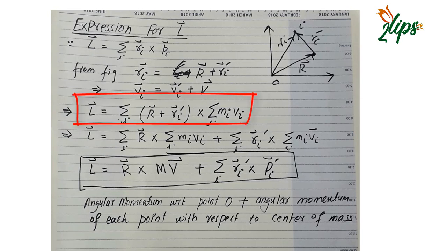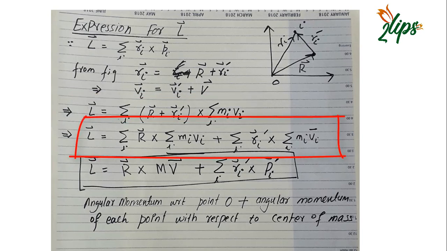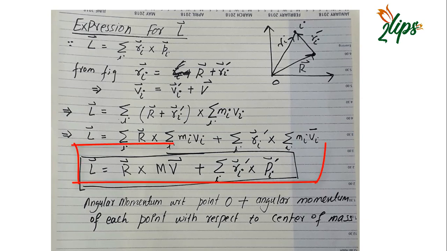It's very simple. Now you see that this situation is like A plus B cross C, so I can expand it like A cross C plus B cross C. This equation is just an expansion using this rule. I have not changed anything, it is just an expansion here. In the next equation the first term is as it is, and now we see that the summation of Mi into Vi is equal to capital M into the velocity of the center of mass. I already discussed the position vector of the center of mass, so all you have to do is differentiate it, then you will get this result.